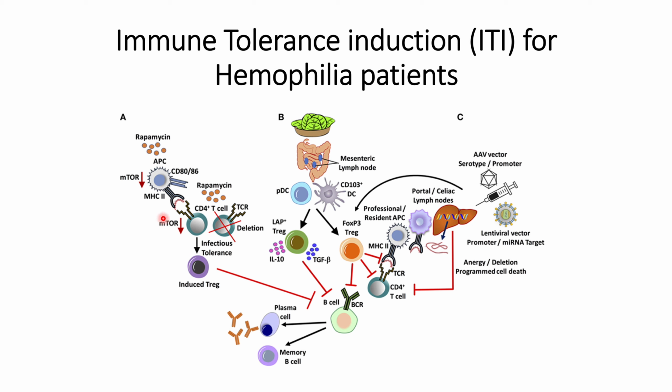Simultaneously, rapamycin will induce the Treg pathway, which is responsible for reducing the immune response, as it will prevent the activation of CD4 plus cells into effector cells,